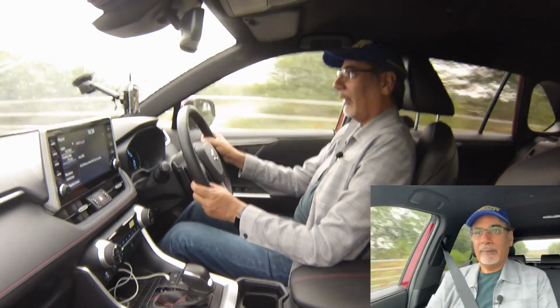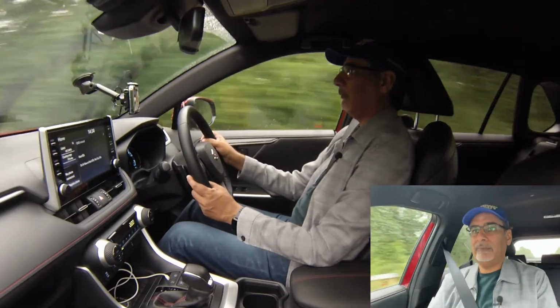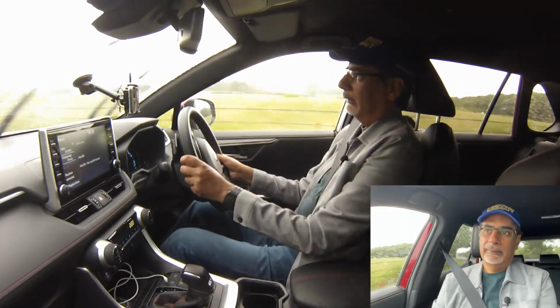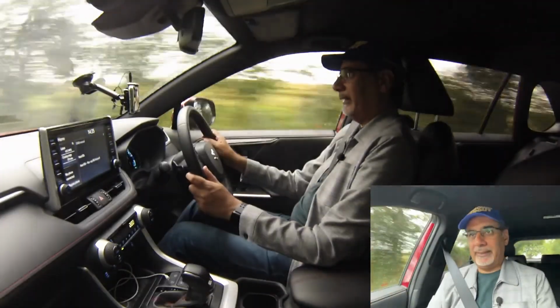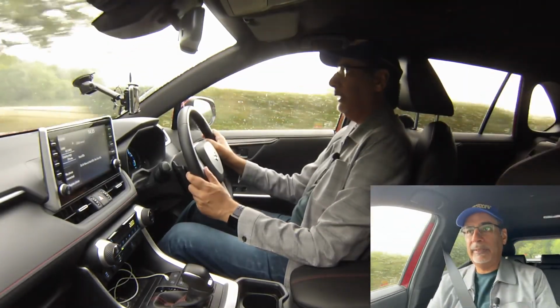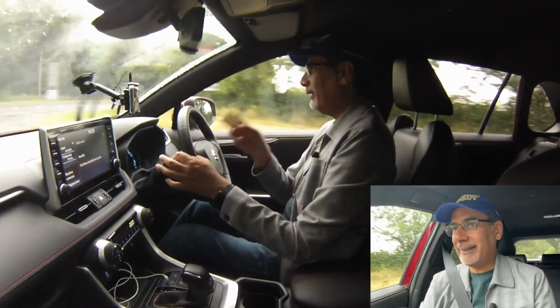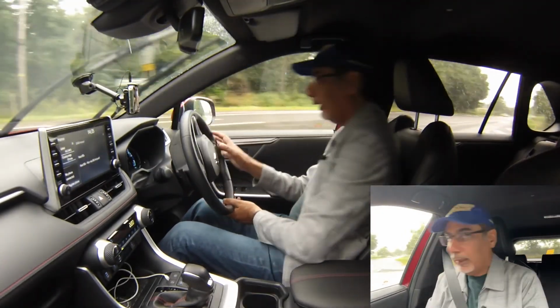Is it fun? About as fun as you would expect in a car like this. We're not talking a sports car in any sense, we're not even talking a sports SUV, but for a car like this, to be able to just turn it in sharpish and find that it responded a little bit better than I anticipated is not a bad thing at all. So in that sense, it's pretty good. So overall, the drive, now let's get into the technicalities of it a little bit, because what I've been finding,